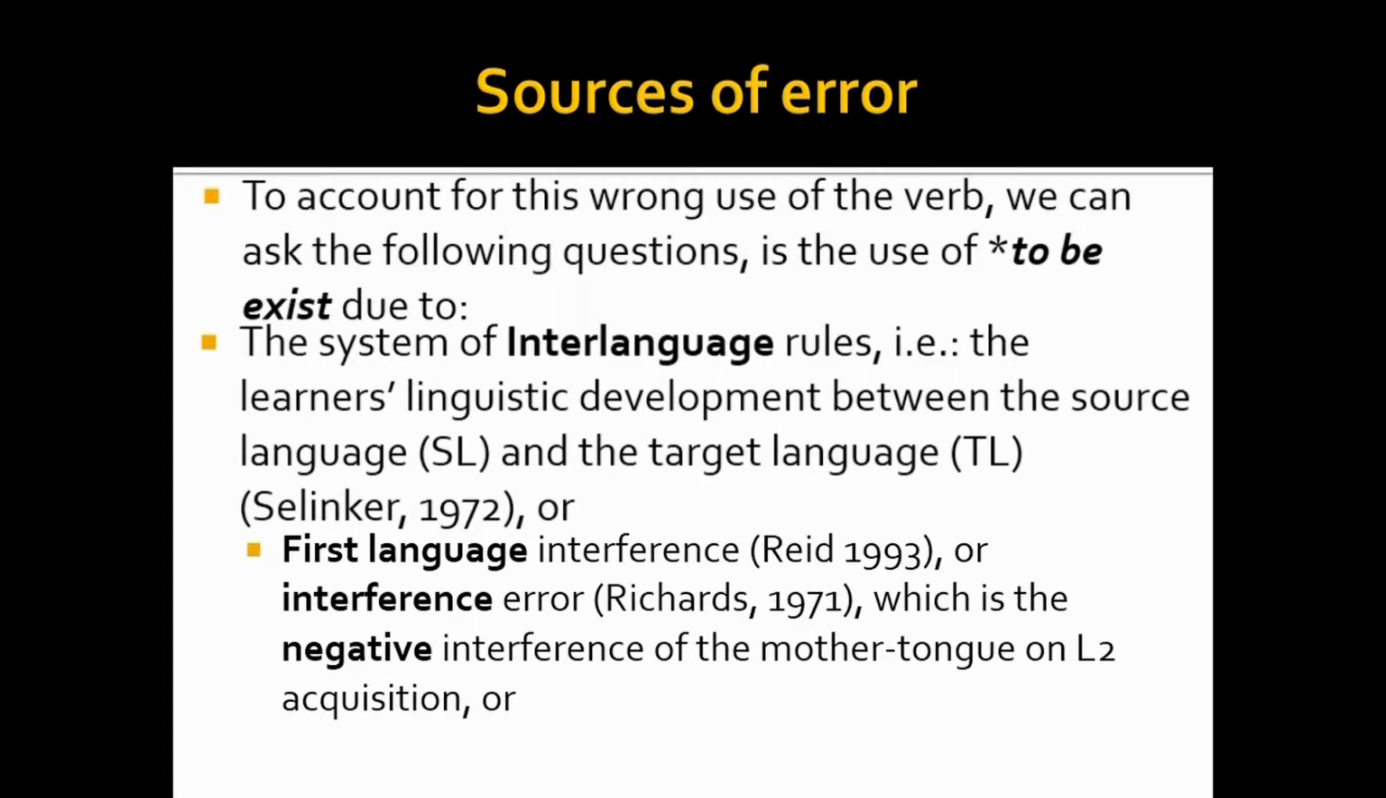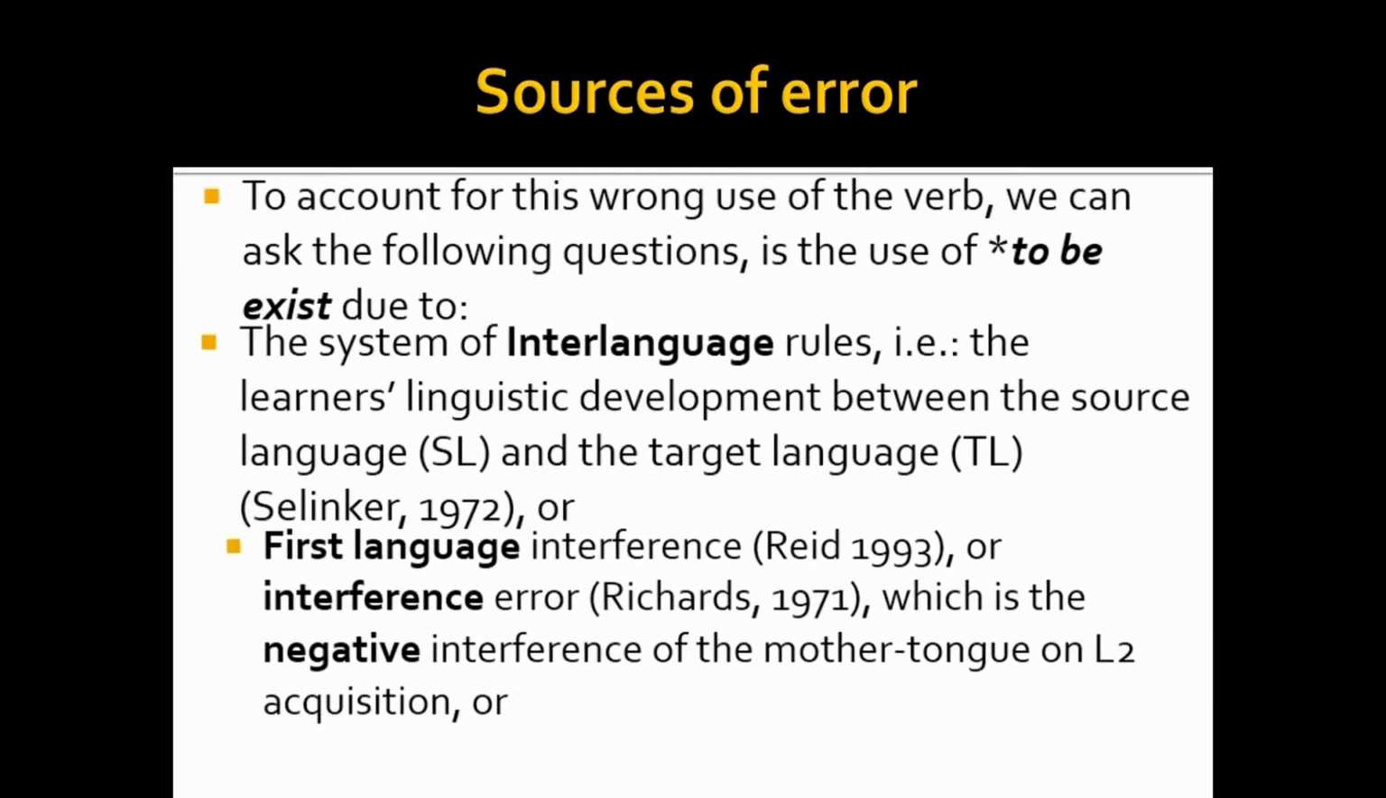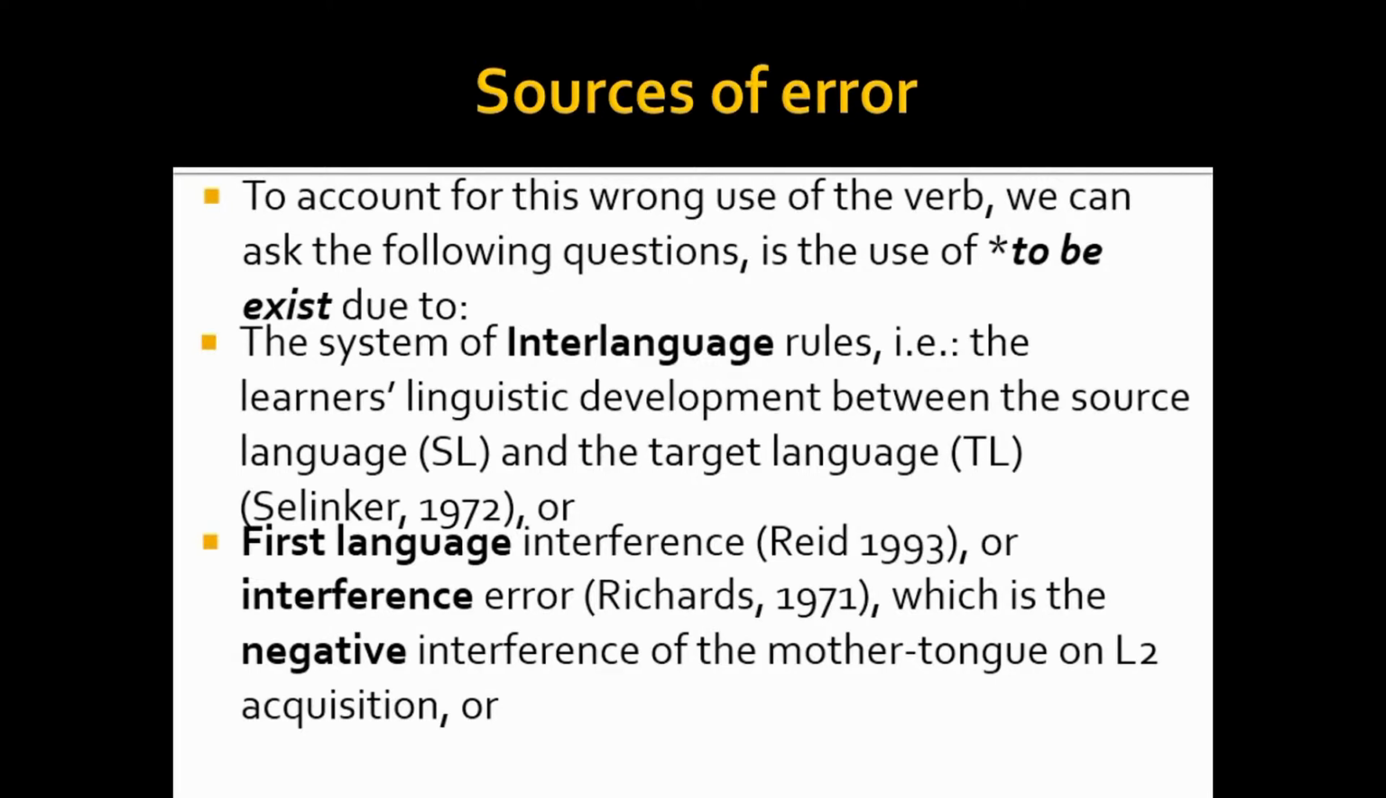The sources of errors are... In this actual study, we will try to ask the following question: is the use of "to be exist" due to the system of interlanguage rules, i.e. the learner's linguistic development between the source language and the target language? Or is it due to first language interference, also referred to as interference error? Or is it the negative interference of the mother tongue on L2 acquisition? Or